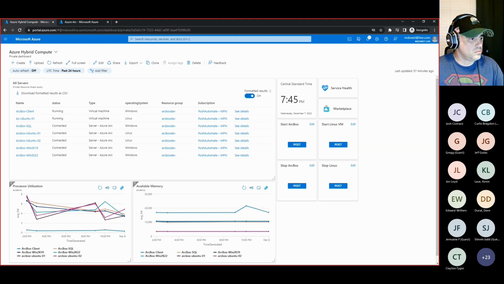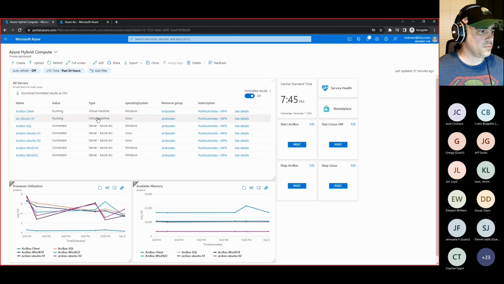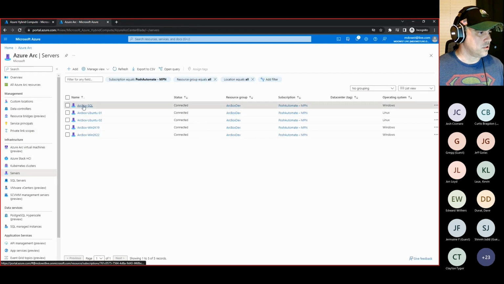Just to show one of the benefits of Arc here, I have Azure virtual machines and I have Arc servers, which are on premises and not in a Hyper-V host, all together in one spot, right? So I can go in here and tag them, apply policies, apply Defender for them, all those types of things right here inside the portal. So actually, if I open up an Arc server,